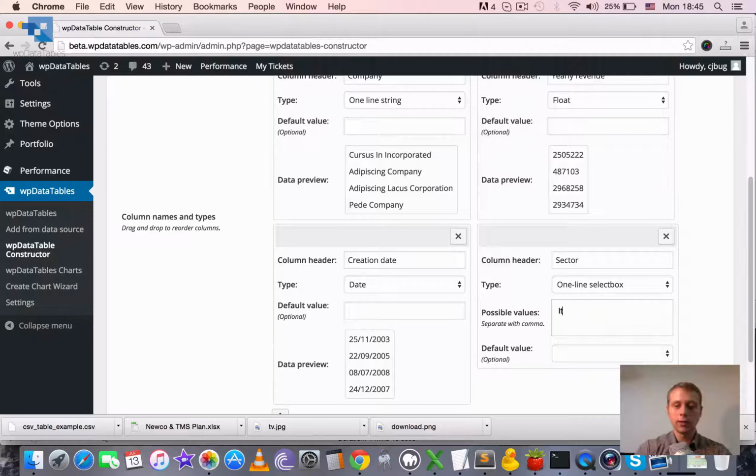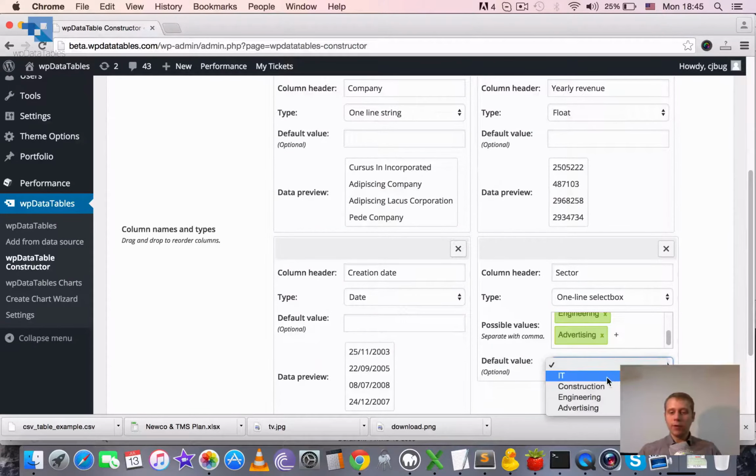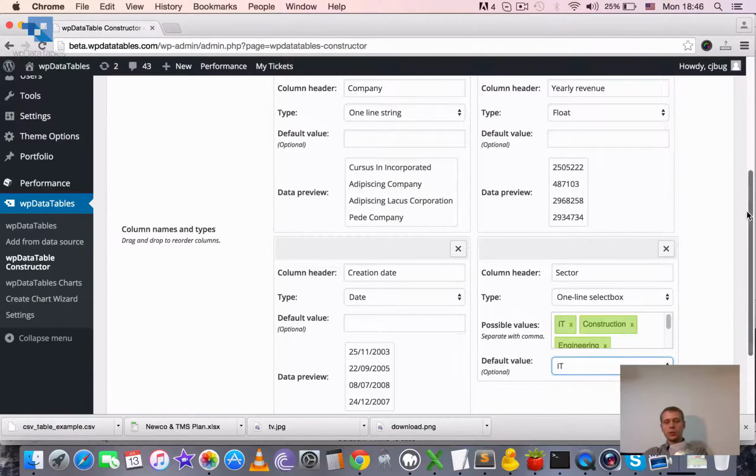And let's say IT, construction, engineering, advertising, and that's enough. We can also choose a default value. This will mean that during the import, since this column didn't exist, it will pre-fill all the rows with this